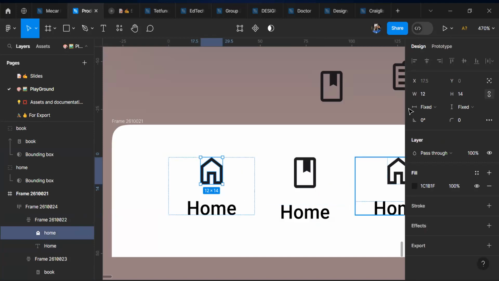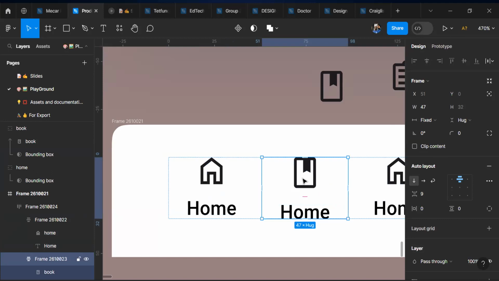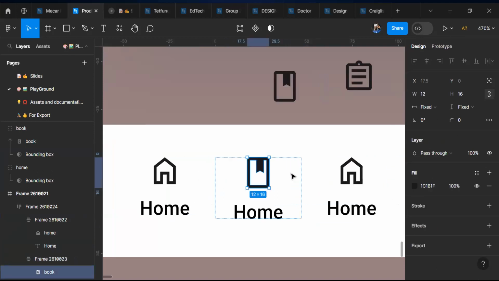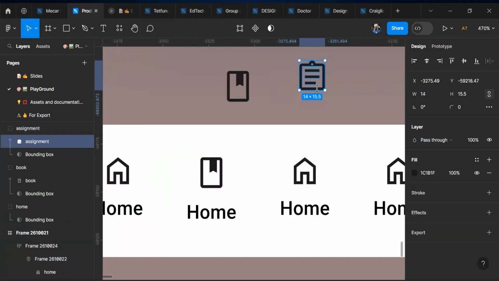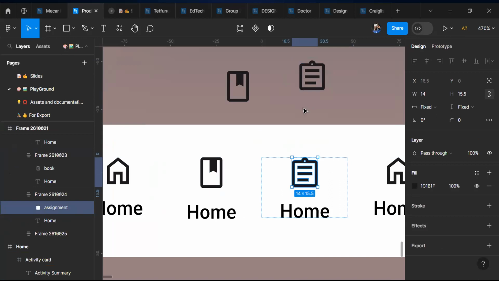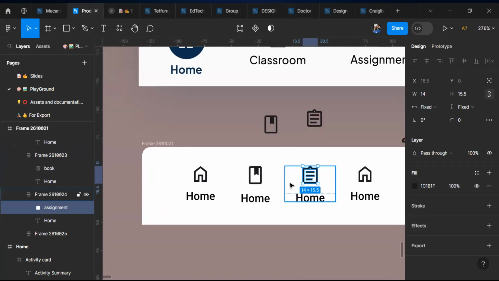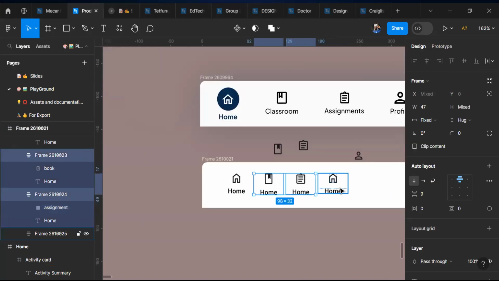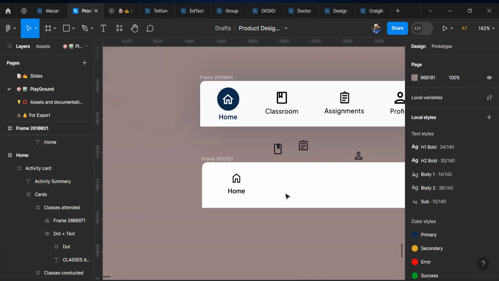That's because this one has a width of 12, and this one too has a width of 12. But some icons might not have a width of 12. This one is a width of 14 now. This one will not be the same thing. If I paste this one to replace, this one will not be the same. Now this one is 16.5 by 16.5. So we want to avoid that. I will just delete all of this,